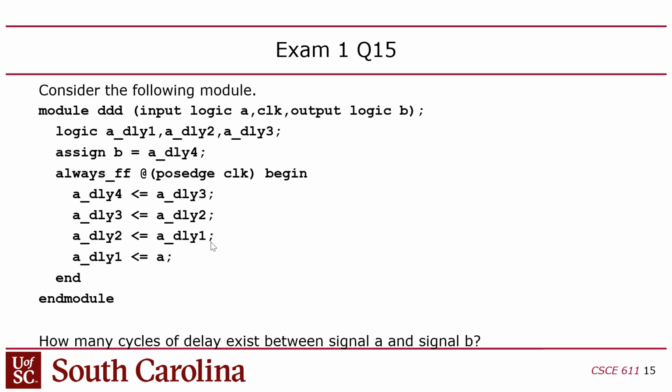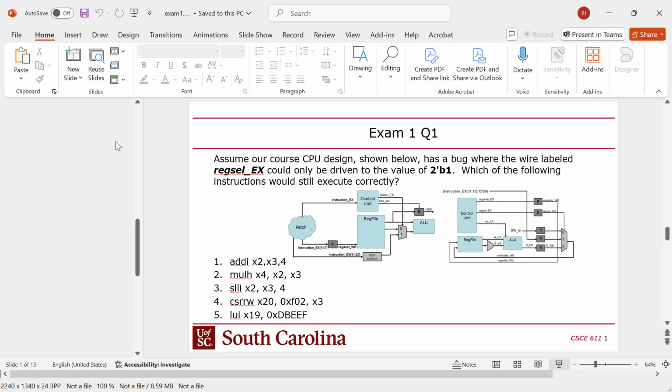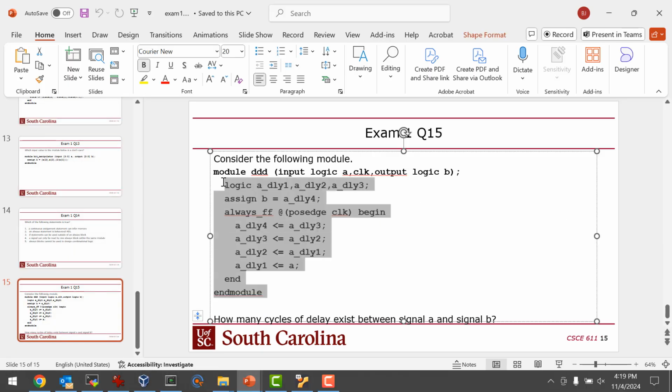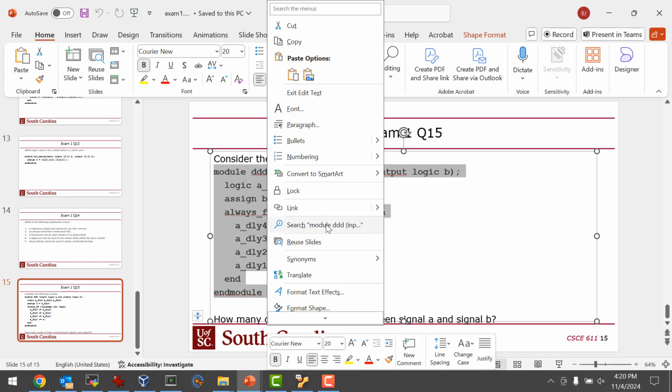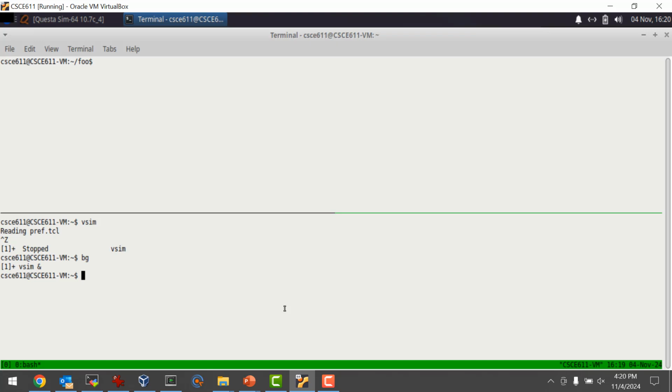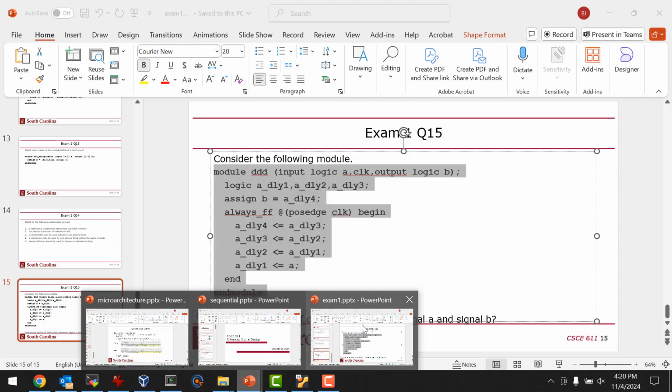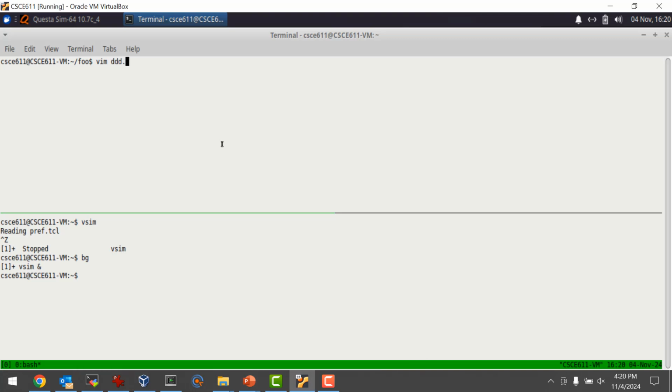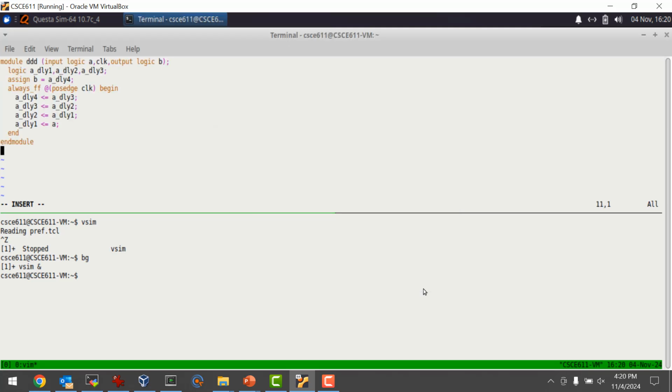And we can verify that pretty easily, I think, if we copy this and we go over here, and let's say I just create a file here called, what do I call it? Foo or something? DDD, right? So we'll call it ddd.sv, and I'll just paste it in there. Hopefully there's no Unicode characters. Looks good. And then vlog ddd.sv,